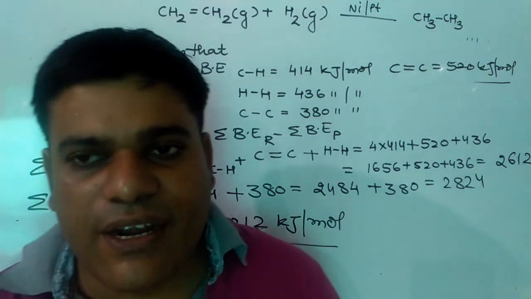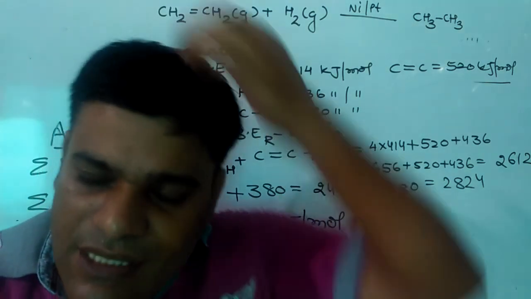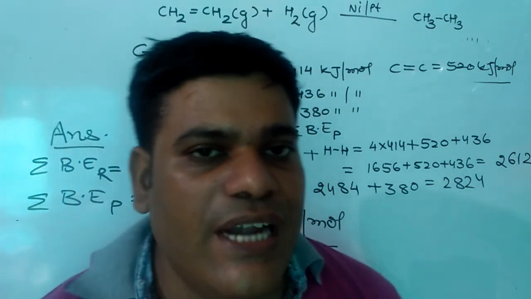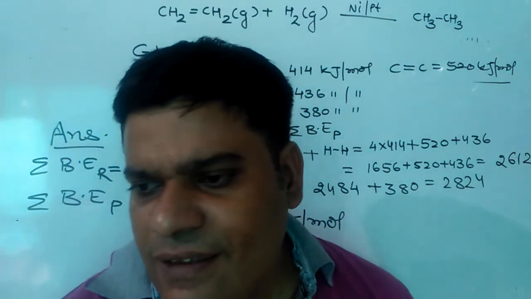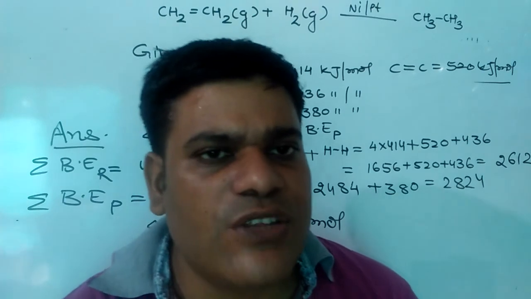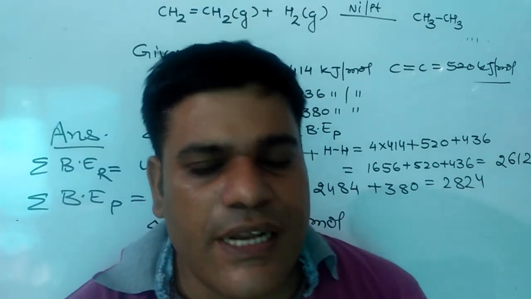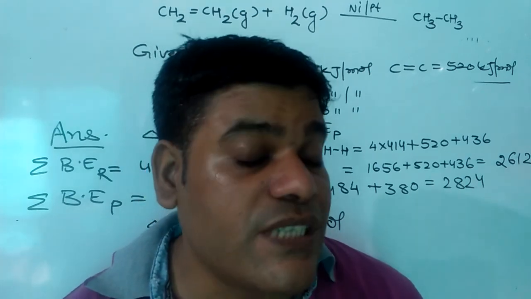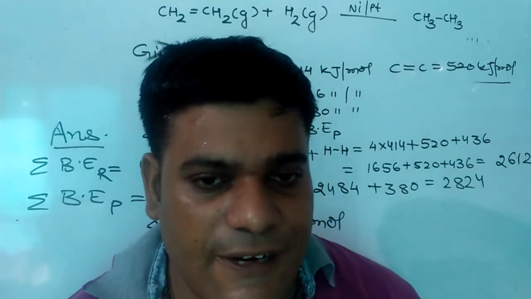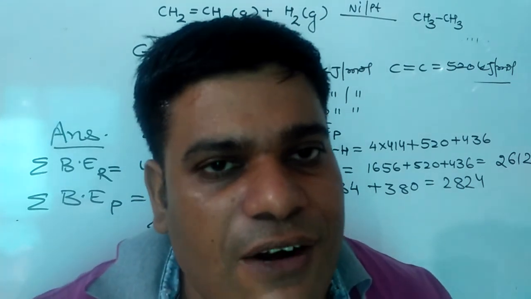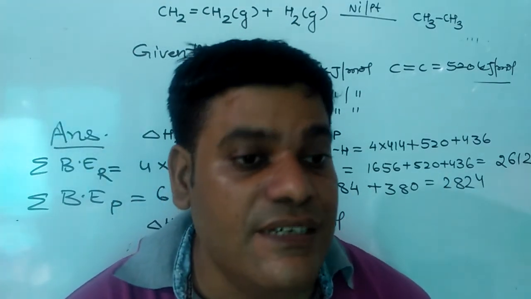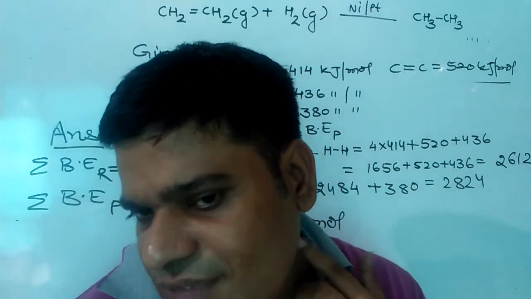And if you want to find out the internal energy change for this, then we can apply the formula delta H is equal to delta U plus delta n g RT. Similarly, we can find out the resonance enthalpy. The resonance enthalpy may be defined as the difference in the energy of the most stable structure and the contributing structure. Mathematically, it can be found as the theoretical value of a reaction minus the practical value of the reaction. That is known as resonance enthalpy.